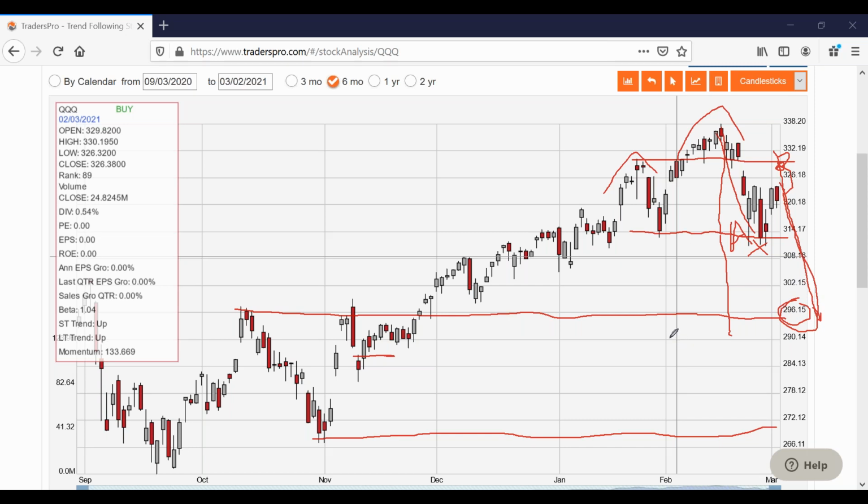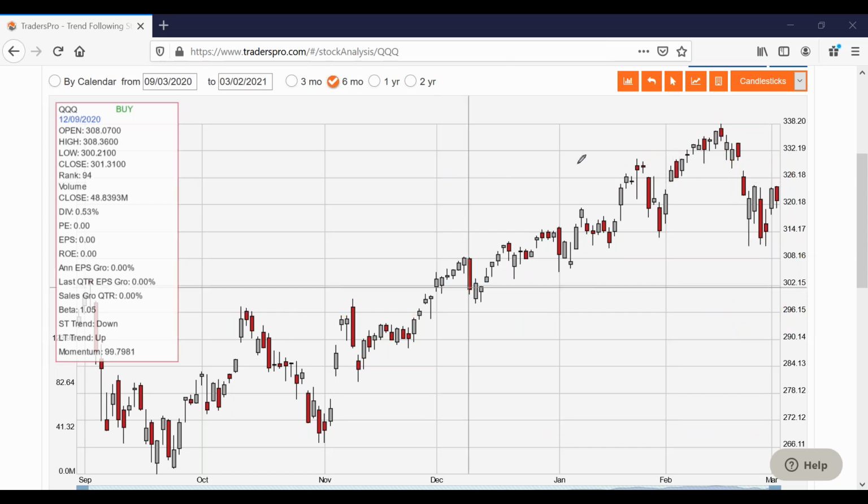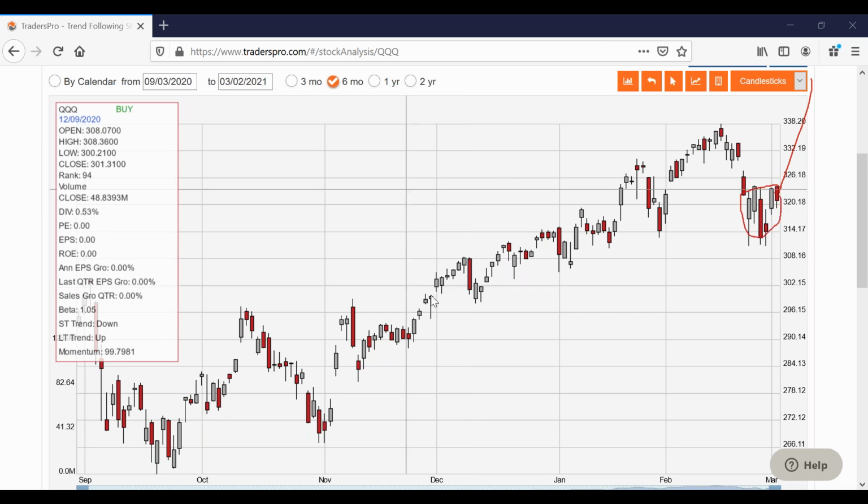If it's just a correction of the larger trend and we're going to keep going higher, there's always possibilities it could break down even further than that. Now, like I mentioned at the beginning of the update, you never know when news comes out and the market gets excited again and the buyers get excited again, it just takes off. But again, this is more sluggish behavior. This is not showing strong buying.